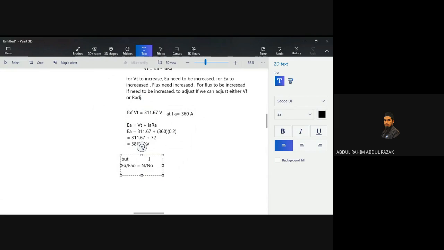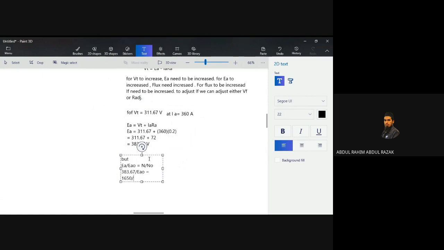Now we already have the EA, 363.67, divided by the EA naught that we have to find for this moment to produce that output terminal voltage, with the rotation of